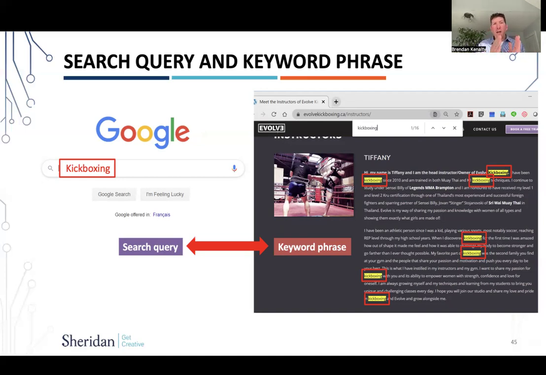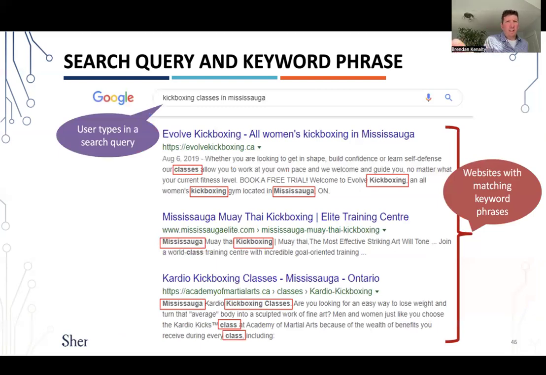Now, the next thing is, okay, what are the other phrases in that search string that you could also include in content on your website? So kickboxing, Mississauga, kickboxing for beginners, whatever it is, you want to start to match your keywords on your content in your site with this phrase. So you can start to see this, right? So kickbox classes in Mississauga. Again, this Evolved Kickboxing, you can see they're hitting all of those keywords in their ad, and we'll talk about this blurb that Google finds in a minute.